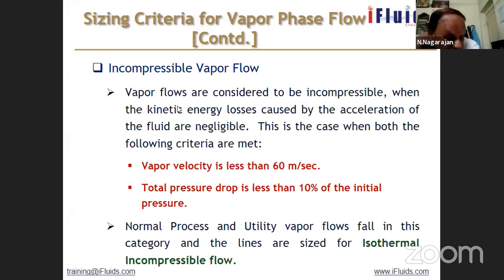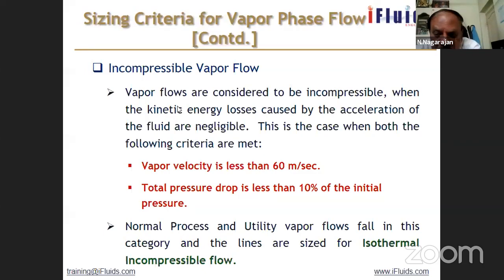In the first slide, I have shown you the fluid traveling from point 1 to point 2. So that is the distance, okay? At point 1, we have pressure P1, at point 2, we have P2. If P2 drops only 10% of the initial pressure, suppose at point 1, pressure P1 is, let us say, 5 bar, and at point 2, after traveling some distance, if the pressure loss is less than 10%, that is less than 0.5 bar, it will be incompressible flow. It behaves more or less like a liquid. So your equations given above will be useful.